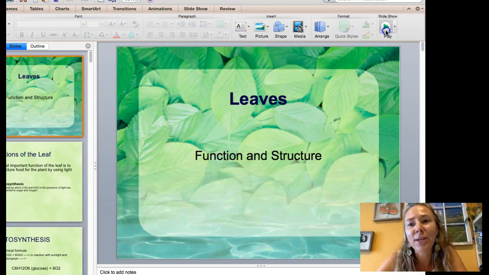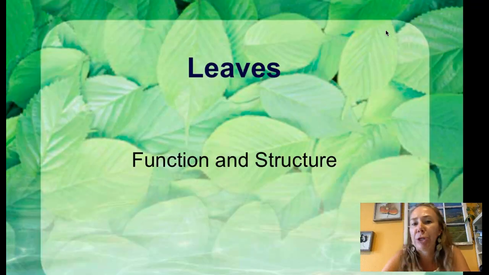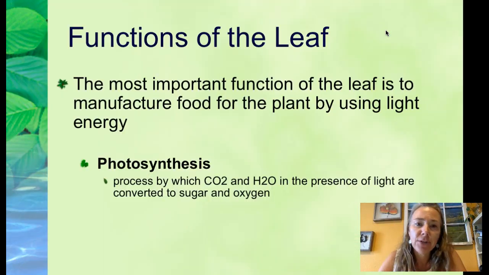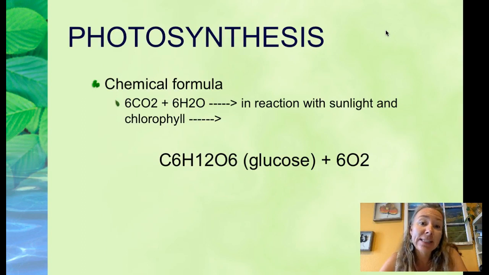One could argue pretty convincingly that leaves are the most important structure of a plant. Roots help anchor the plant and get water, and stems translocate nutrients and water. But the primary function of a leaf is to manufacture food through the process of photosynthesis, which we'll be talking about quite a bit this week. And how a leaf is organized internally as well as externally has a lot to do with the success of this process, which provides plants with the energy they need in order to thrive,